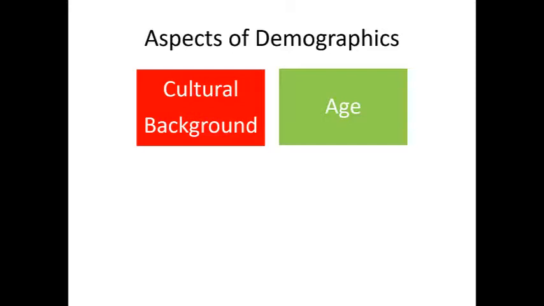A second question is age. What is the predominant age of the members of your audience, and how might that affect the way you talk to them, assumptions you make about what they do know and what they don't know? What are their values? How do you know that? Well, you talk to the people that have organized the presentation. Maybe this is an organization or a business that has set values. Maybe you know this regionally, but what do they think is important? What do they find to be morally significant, and what do they perhaps not care as strongly about?